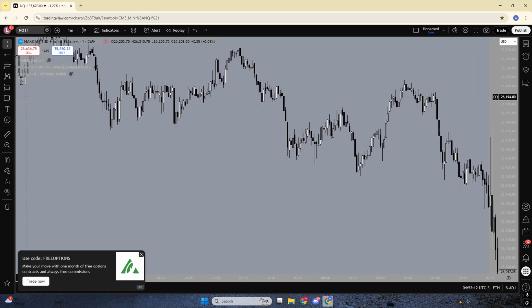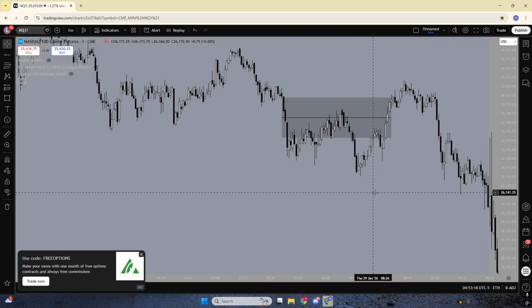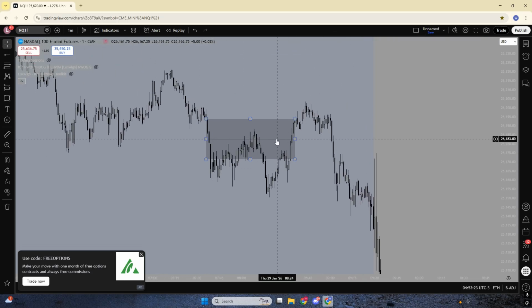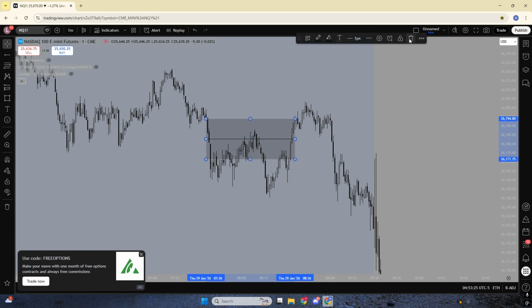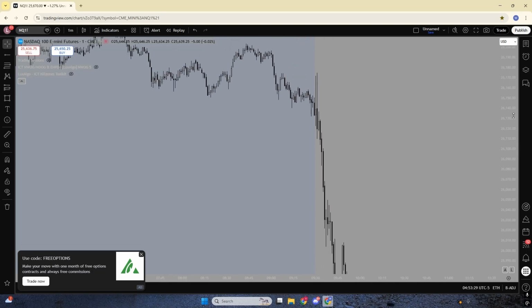Okay, this one taps into the middle point, the CE of the gap, right? Kinda. And then it just goes down. It gives a reaction and goes down. Also,